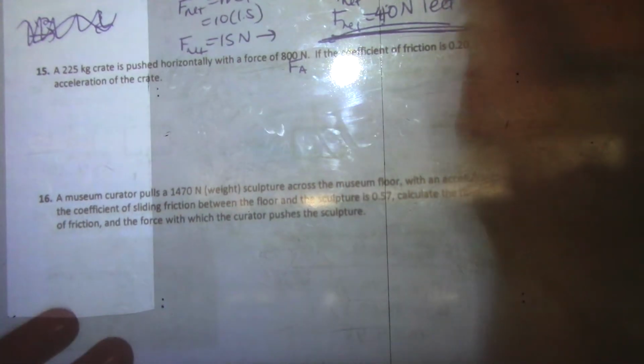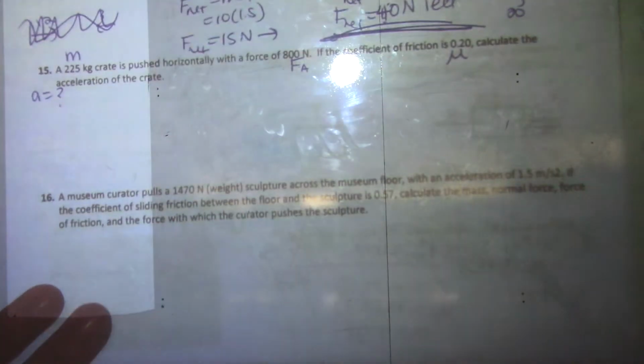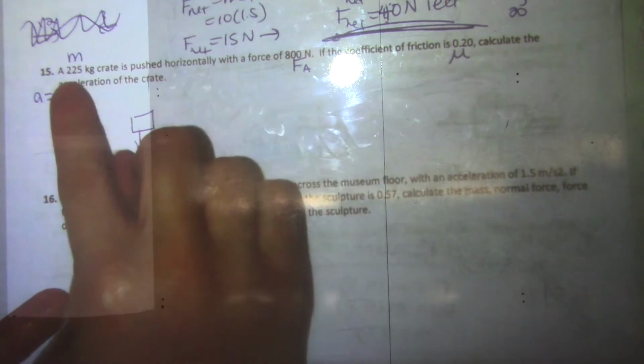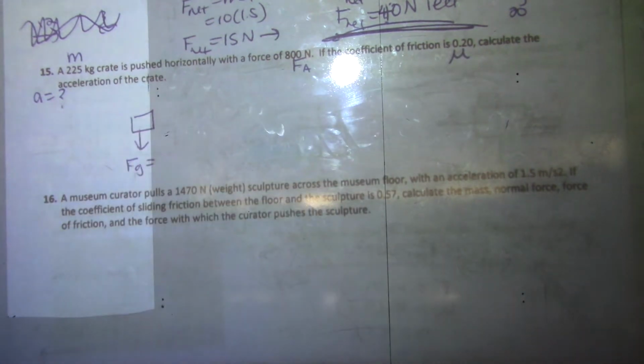A 225 kilogram crate pushed horizontally with a force of 800. So that's like my applied force. I've got the coefficient of friction, that is mu. I'm looking for acceleration, and of course I have the mass. If you have mass, you can find force of gravity. So I'm going to do 225 times 9.8. That gives me a force of gravity of 2205, and because this is on the surface, it's going to have a normal force of